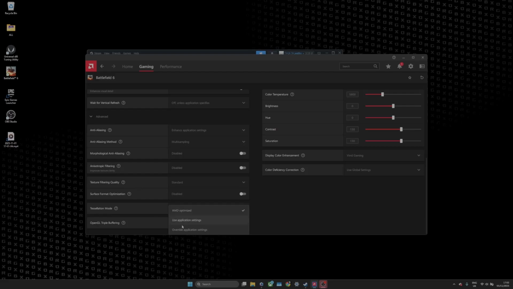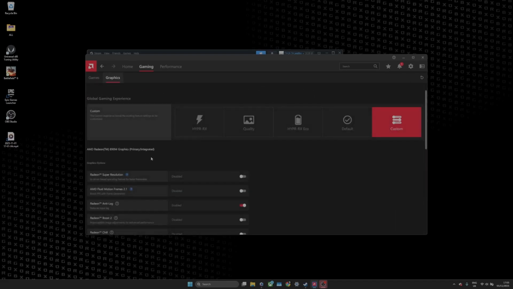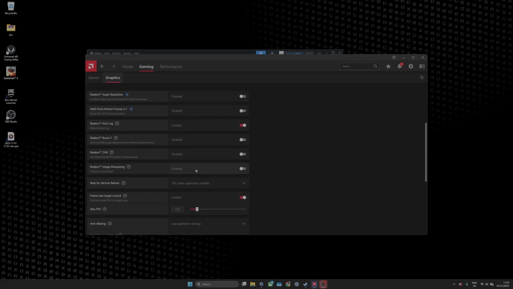For tessellation mode, use AMD optimized, this is gonna help you. And basically turn off all of the rest. On texture filtering, just use standard, don't use high, don't use performance, this is gonna mess up your game, so just use standard. After you do that, go to the global settings, make sure your settings are basically like that